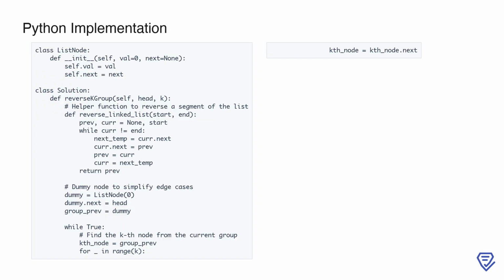Inside this method, we define a helper function called reverse_linked_list to reverse a segment of the list between two nodes, start and end. This function uses 3 pointers: previous to track the previous node, cur to iterate through the segment, and next_temp to temporarily store the next node. By iterating through the segment and adjusting pointers, we reverse the nodes and return the new head of the reversed